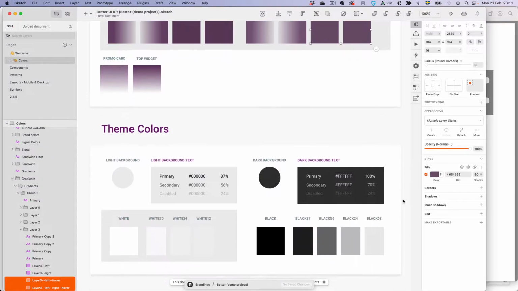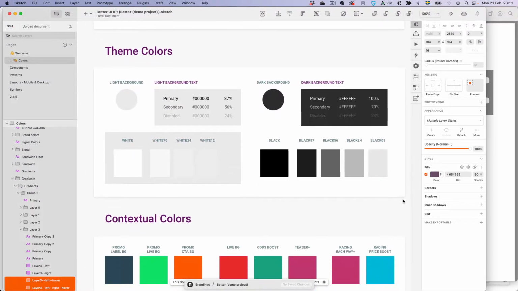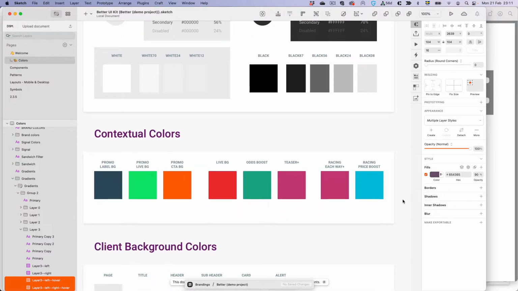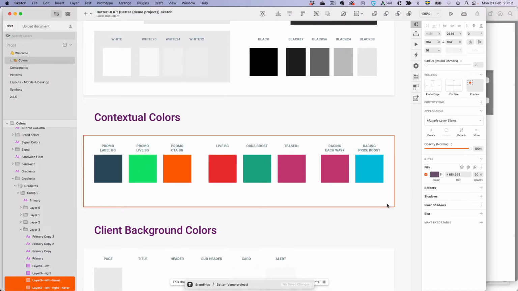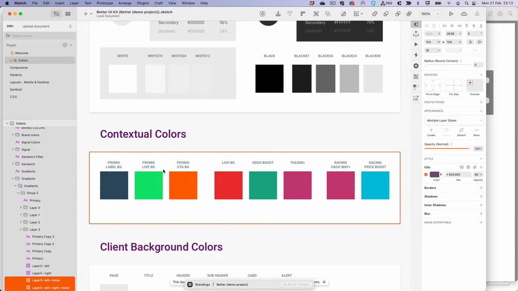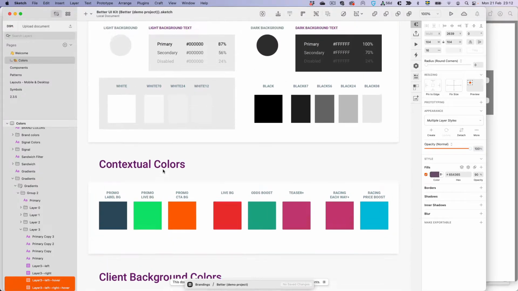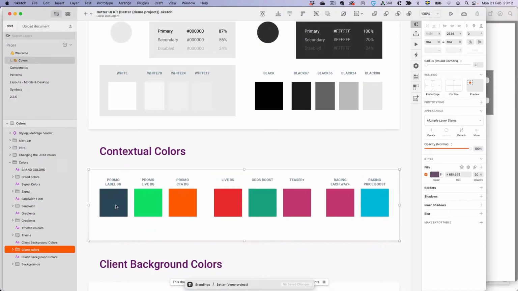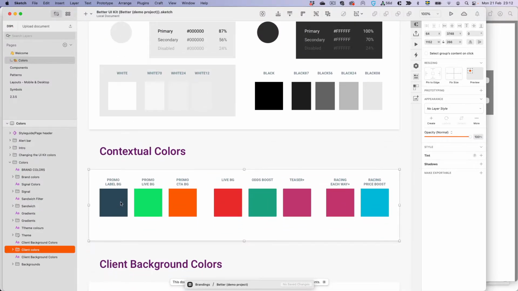So now you have your main color set. You might want to change something here. Some of these were already connected to the color variables, so they changed. I will actually change this. I'm gonna show you where that shows up later, but